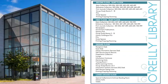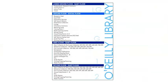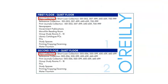Use the floor plan signs available in O'Reilly Library and Cregan Library to guide you to the right floor. These are also available online. For this example, we'll look for the book in O'Reilly Library. The main collection in O'Reilly Library can be found on the first and second floors. As we can see from the floor plan, all books with the shelf mark number 808.027 will be on the